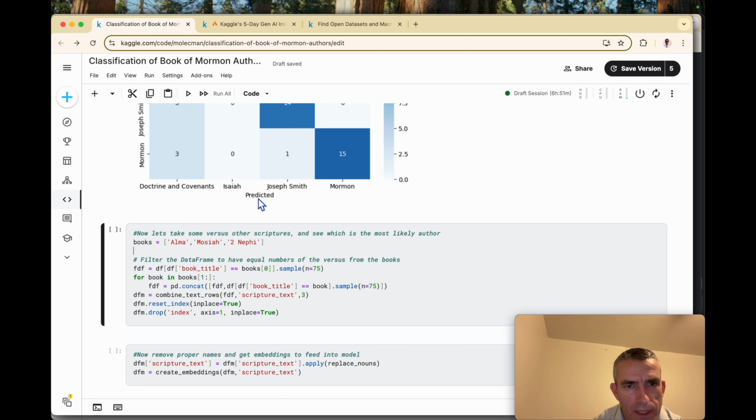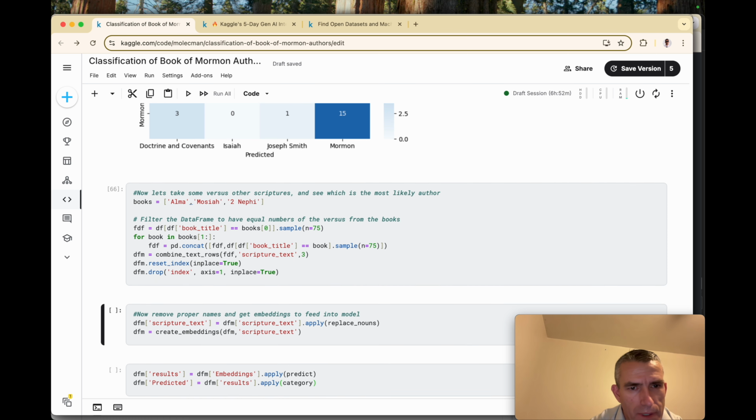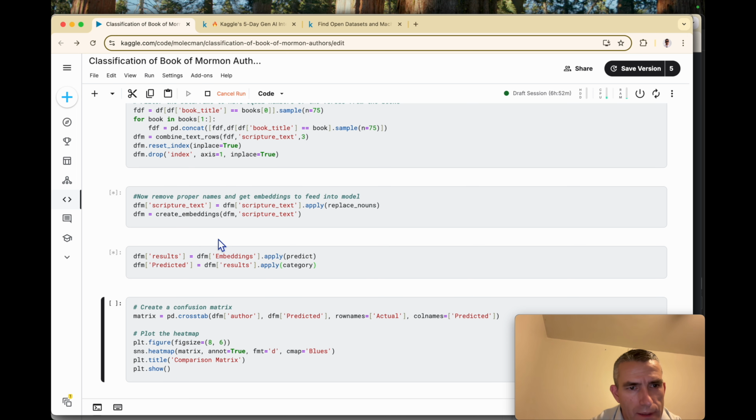And so you'd expect that there would be some Isaiah similarities from 2nd Nephi and Isaiah. And we're going to see how similar to the other books, Alma and Mosiah, are. So we have to embed those as well. So we're going to do that, and that's going to take about a minute.